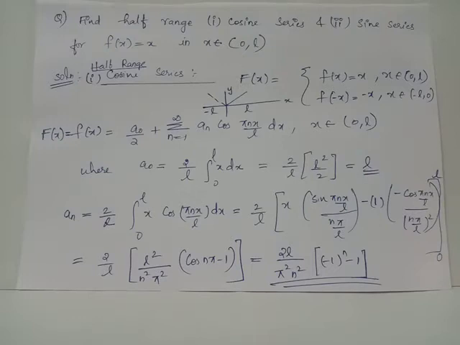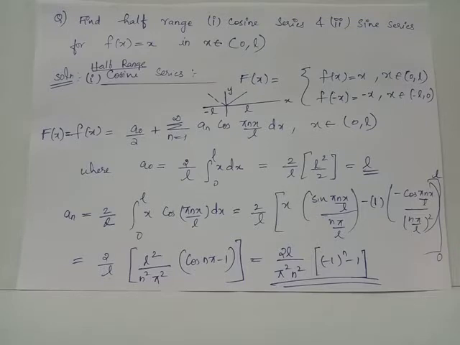Let us solve a problem for half-range cosine series as well as half-range sine series. We are given the function f of x equals x defined for the range x belongs to 0, L. First, we will discuss half-range cosine series. Since we wish to have f of x having only cosine terms in the Fourier series expansion, we will define